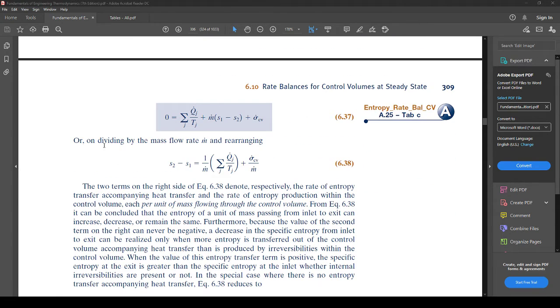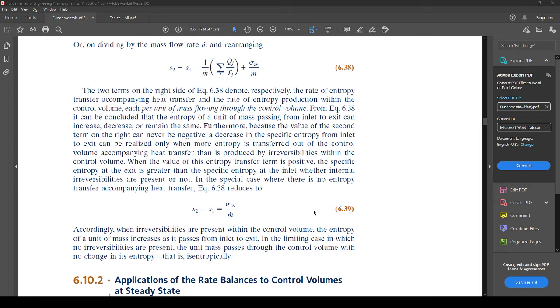And then we have here, you can divide by mass and you can separate these things, right? So what they did is they subtracted this to the other side and they divided everything by mass. So what you get is that S2 minus S1 is equal to heat transfer per mass times temperature. And then you also get sigma per mass. So this is the entropy produced per mass. So these are just other equations, right? But all it is is a difference of dividing out mass. That's it. Nothing has changed, really.